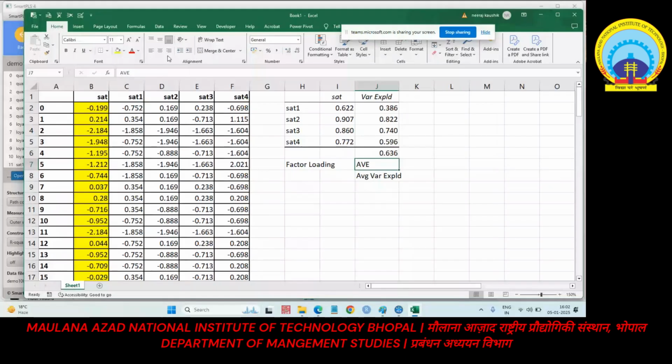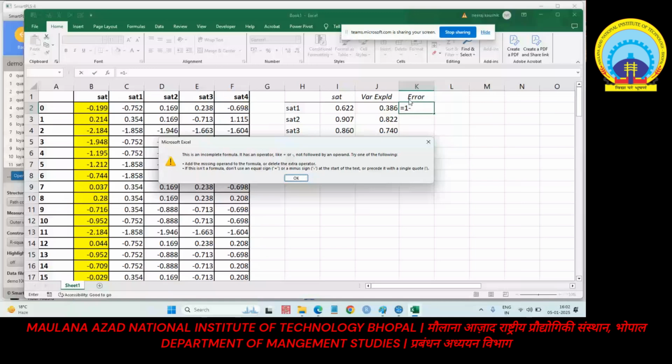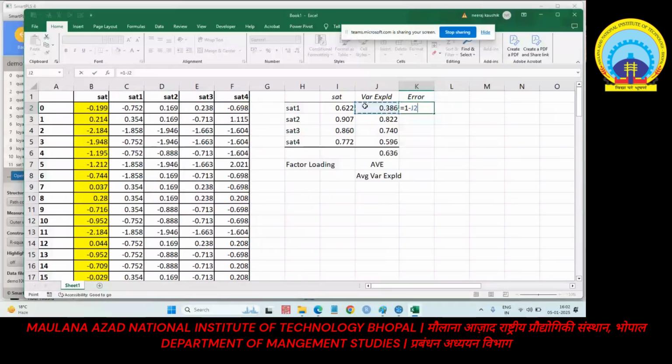It is variance explained. And if I subtract it from 1, what will it become? It will become the error term, the unexplained part, the residual part. You can call it residual also. This is the residual part, right? Now,